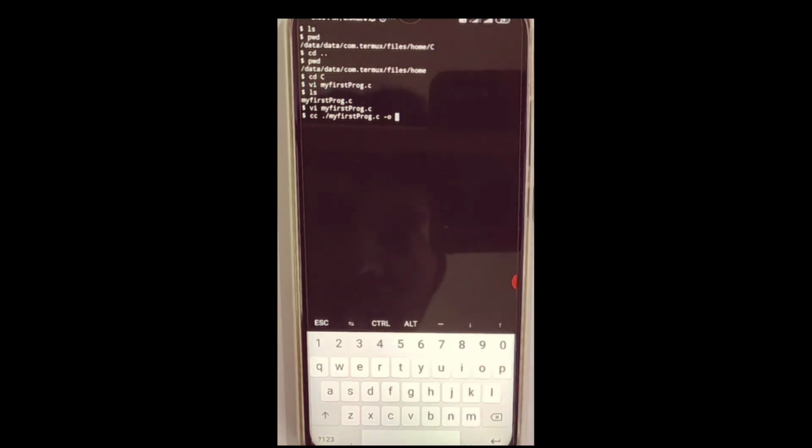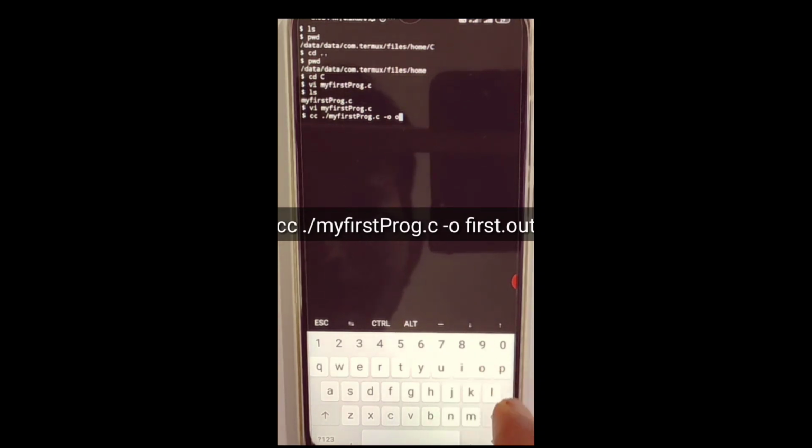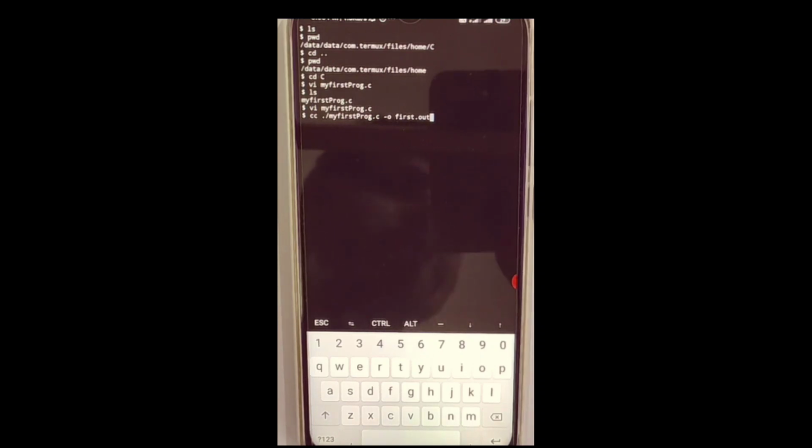So cc dot slash your file name, the file you want to compile. After that, space, minus o, again space, and your new file name, suppose first dot out. That is the output format. After giving this, you can press Enter.